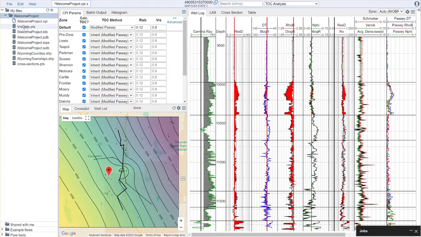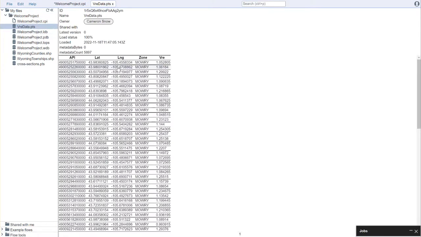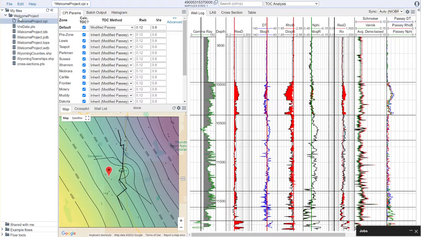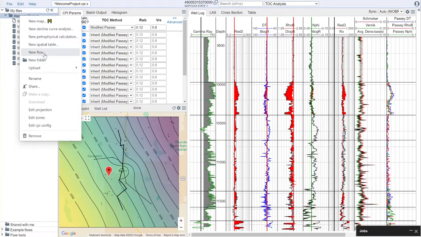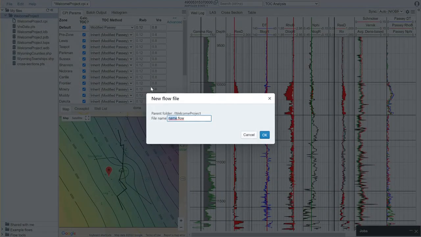Okay, so now here we have it. And I can click on the database and I can preview this. Now what I need to do is I want to make a grid of this data. So how can I do that in Danomics? Well, I can use some of our gridding tools, and in this case I'm going to use a gridding tool called the flow. So I'm going to right click, I'm going to say File, New Flow, and I'm going to call this